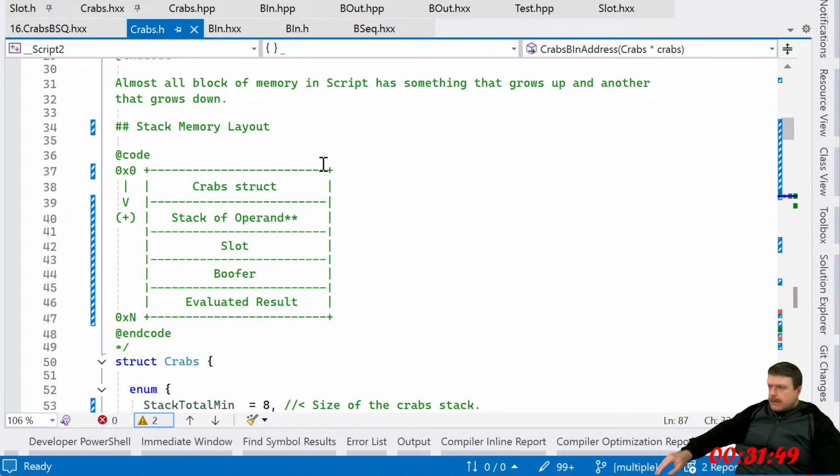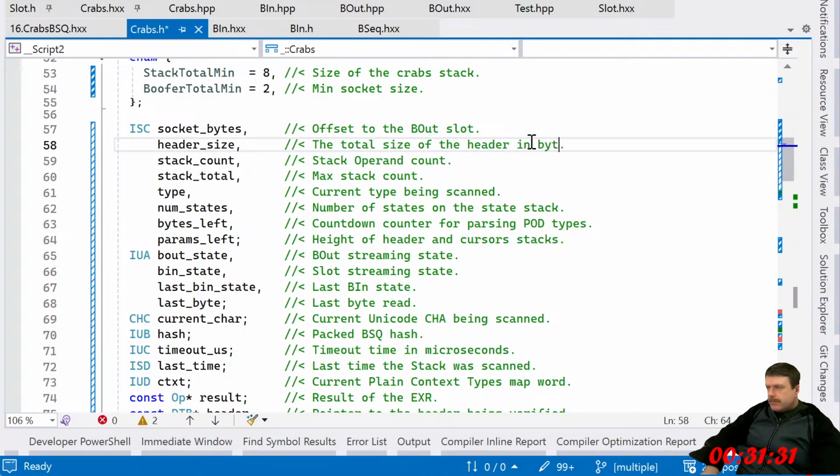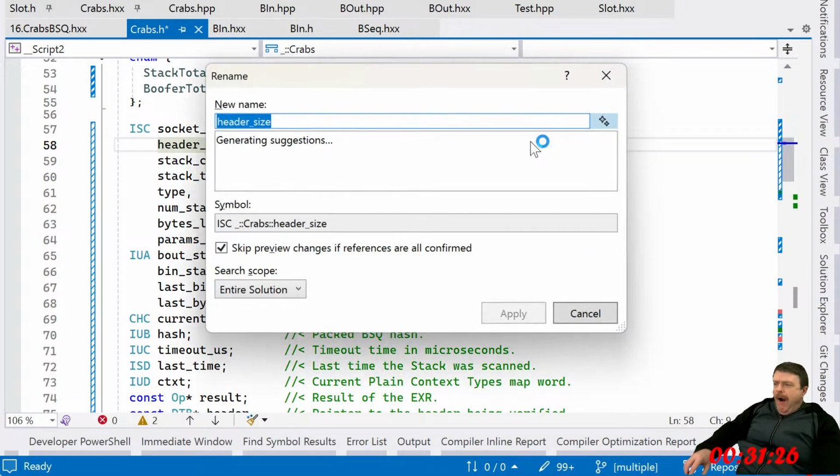Grab that H. What is it? Total size of the header in what? In bytes? Okay.